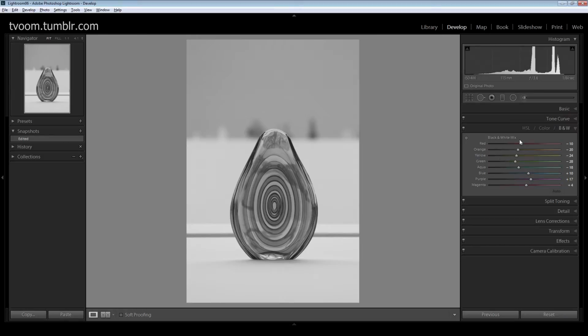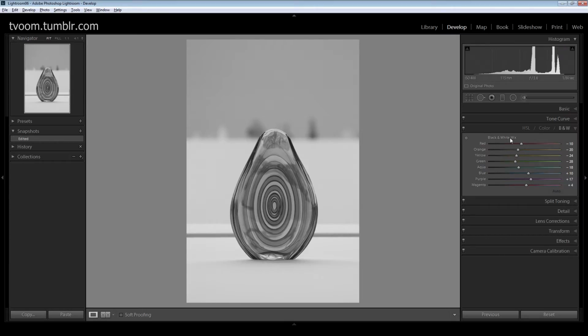What is an auto black and white mix? You see, I have sliders for red, orange, yellow, green, aqua, blue, purple, and magenta. And I can change the brightness of each of these colors. In previous versions of Lightroom, there was the possibility to tell Lightroom whether to make this automatic black and white mix or not. I don't know when exactly this changed. I was a bit surprised when I sat down to record this video that this option is not available anymore. But you can